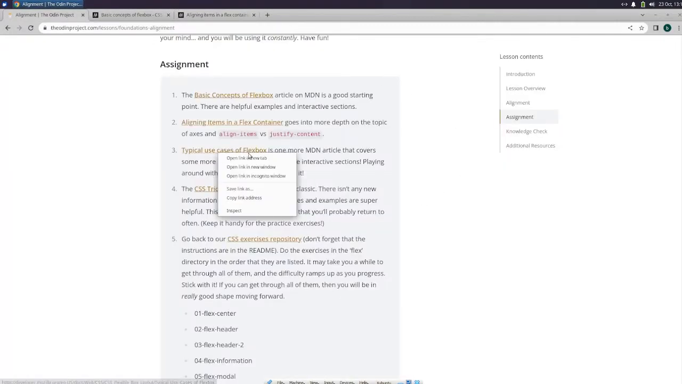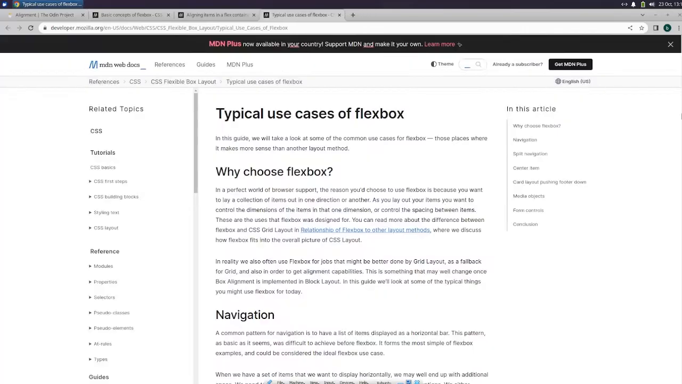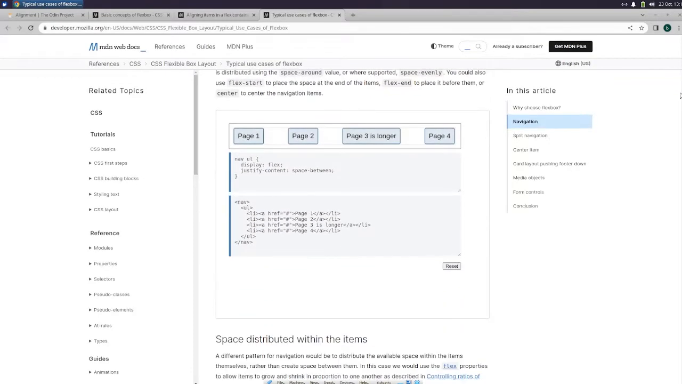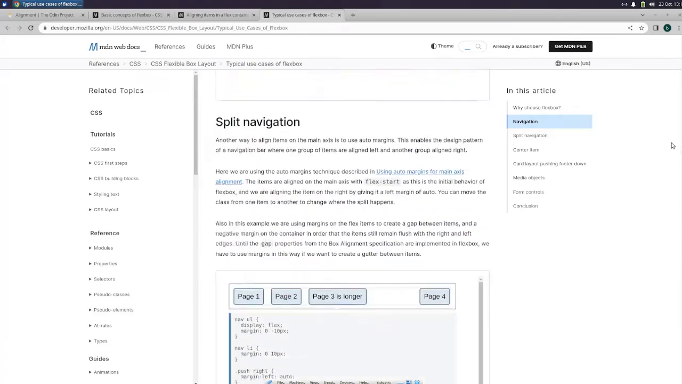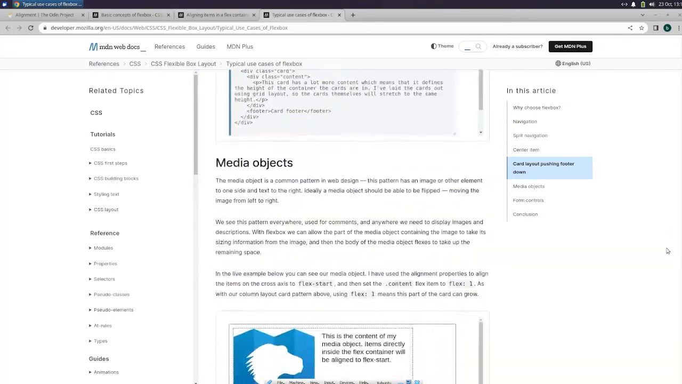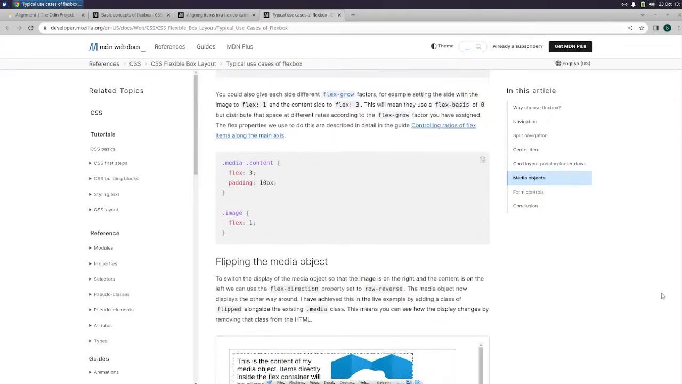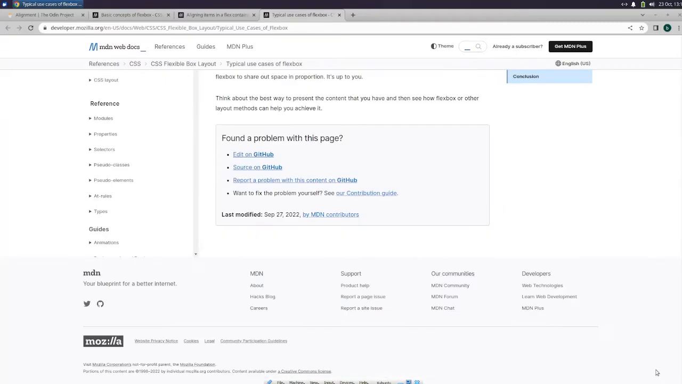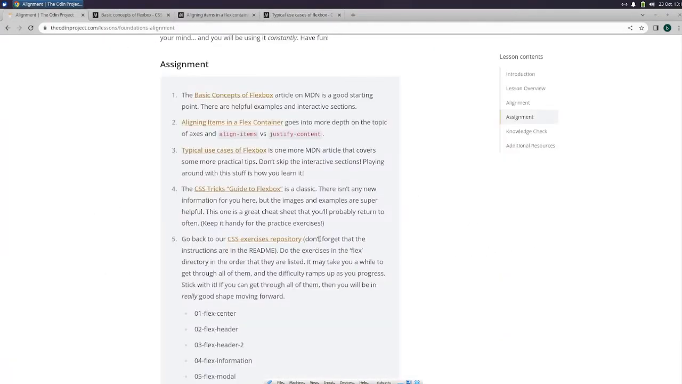Typical use cases of Flexbox is another article. I'm not going to read the whole thing, but again, it looks super helpful, and I encourage you guys to read this, and I'm going to read it off camera. And then we have